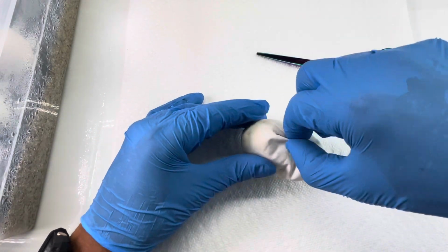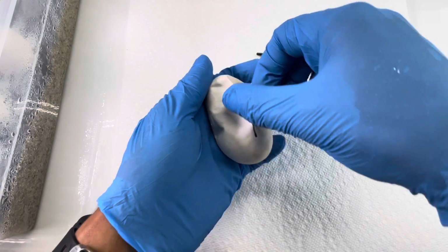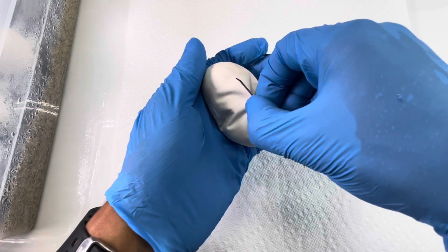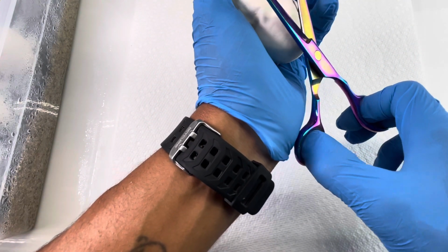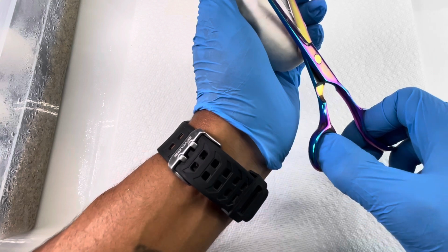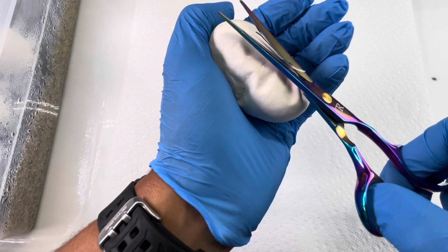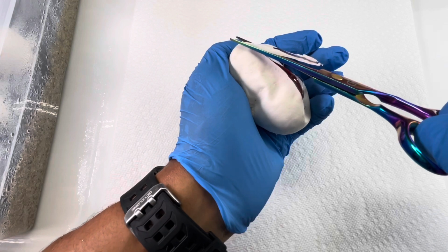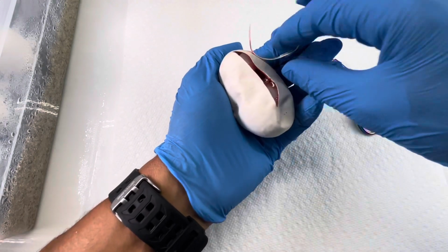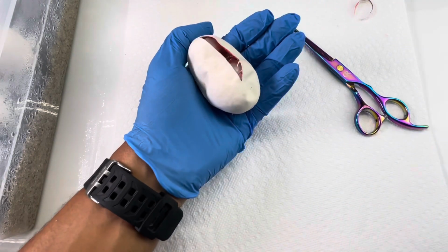Alright, next egg up, same thing. Pinch and roll, pinch and roll. Just make a crease. Pinch and roll. Pinch and roll. Starting it far back, just grabbing a small piece of the shell and cutting, and you roll your scissors forward as you're cutting it. So this would be a Mojave and lesser,